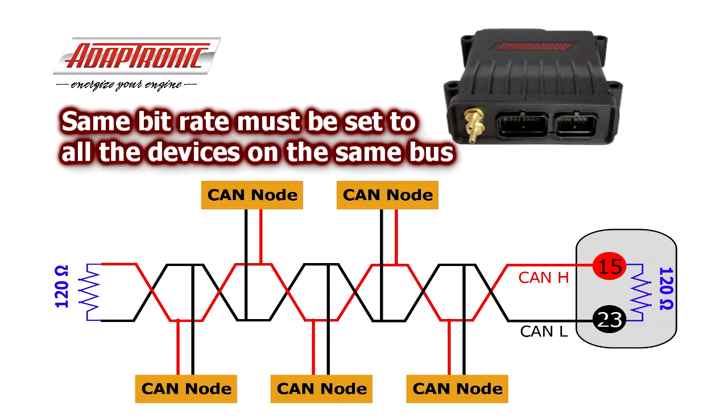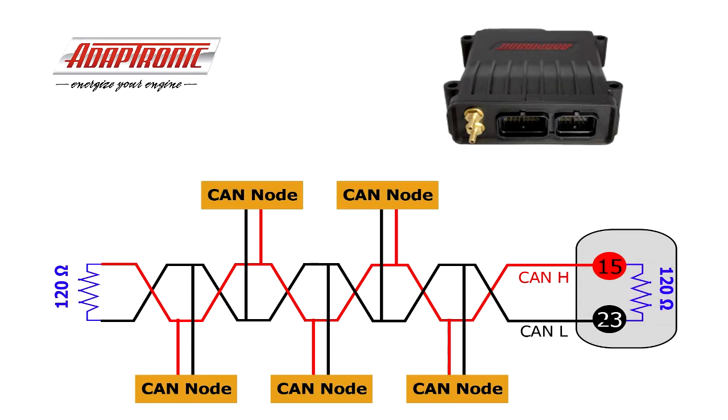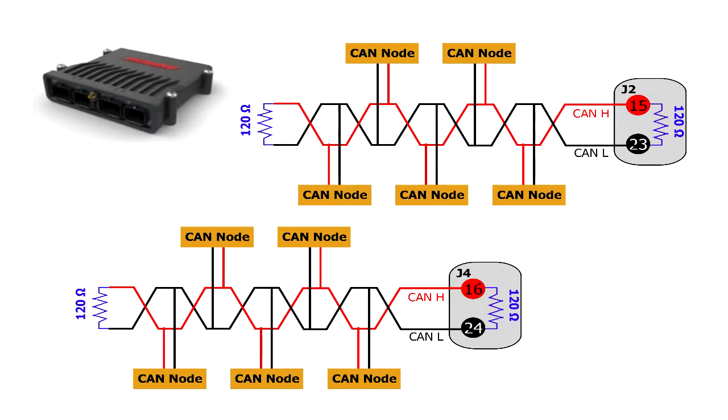bit rate. Each CAN packet contains an identifier, which is either 11 or 29 bits in length, and then it has up to 8 data bytes. The identifier is what allows other devices on the bus to know which device sent the message and what it means. All modular ECUs have at least one CAN bus, with many such as the M6000 having a second CAN